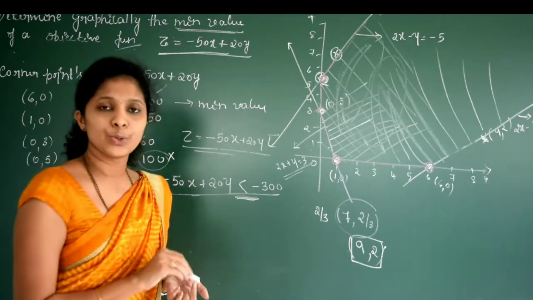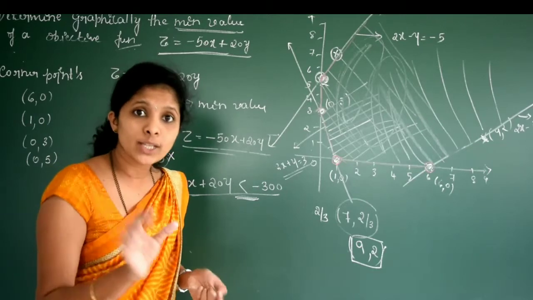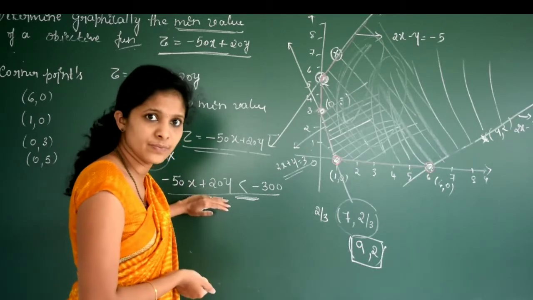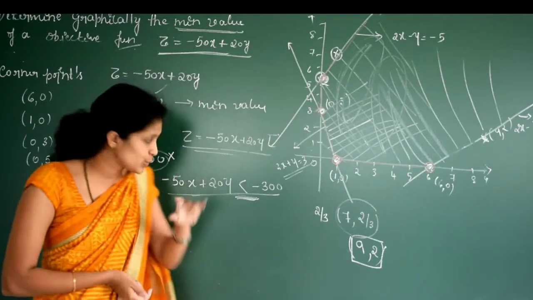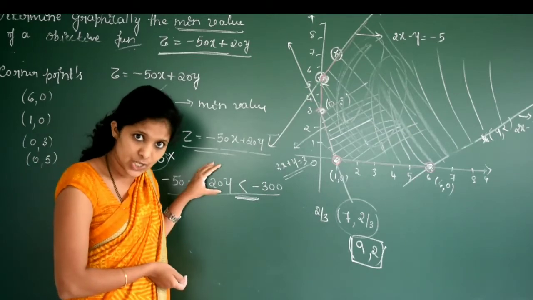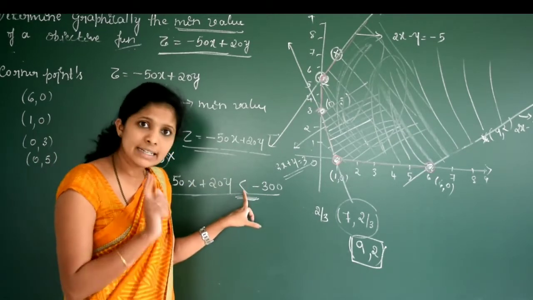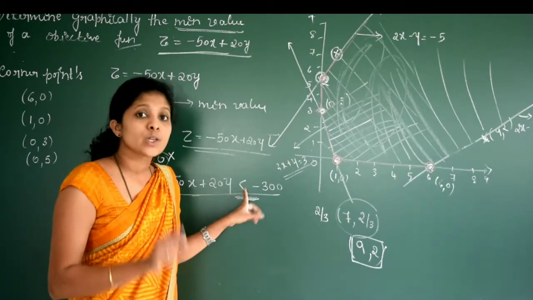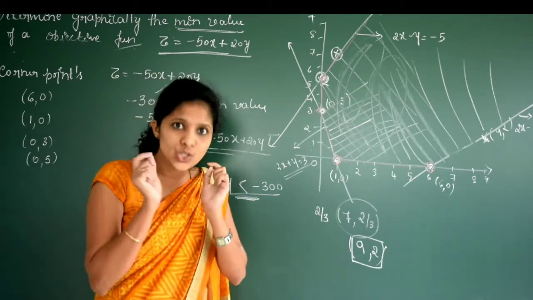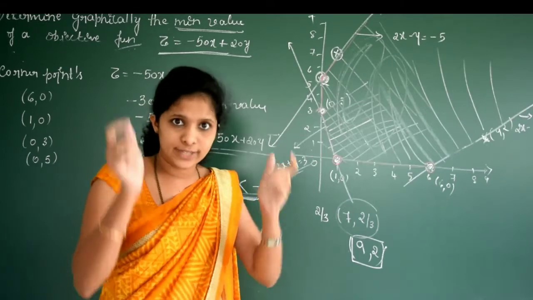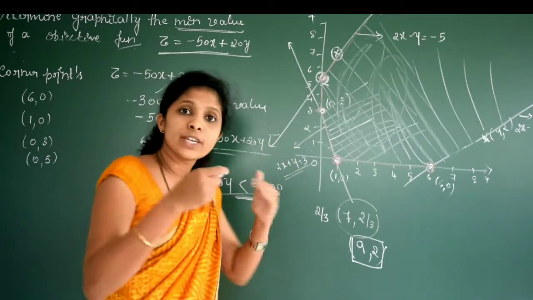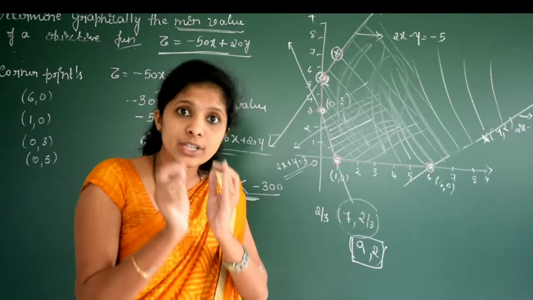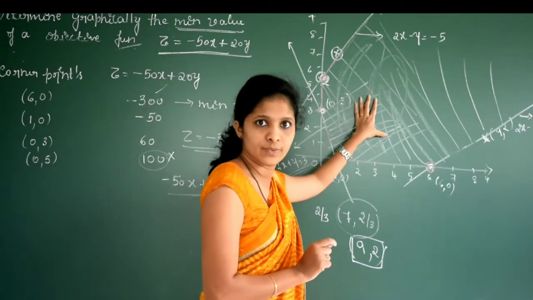Next, what you have to do is draw the graph of this function. Listen carefully. You have to draw the graph of this inequation. Anyway, strictly less than will be there, so the graph will be on a dotted line. After that, you have to check whether this line has a common region with the solution region.